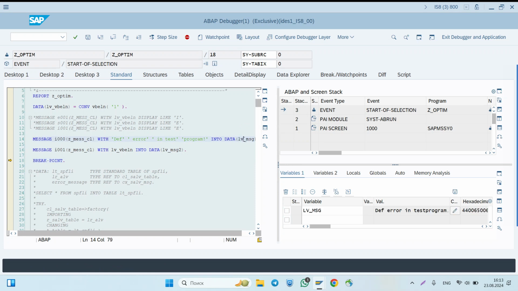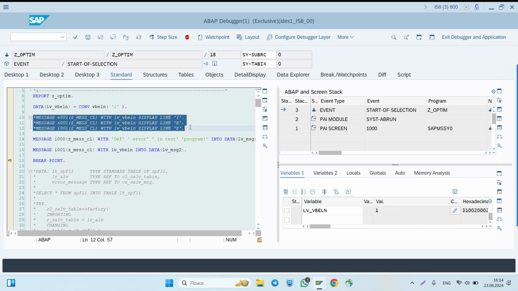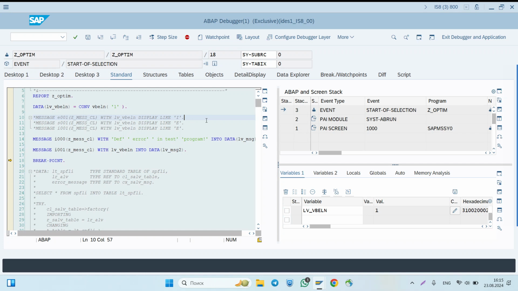Check the result. This, and how you can see this without space, because for example in this case this has a space, this has no space, and the second one is like number 1, a number from a parameter. More about message types, about display types, parameters and other properties I will tell you in the next videos.